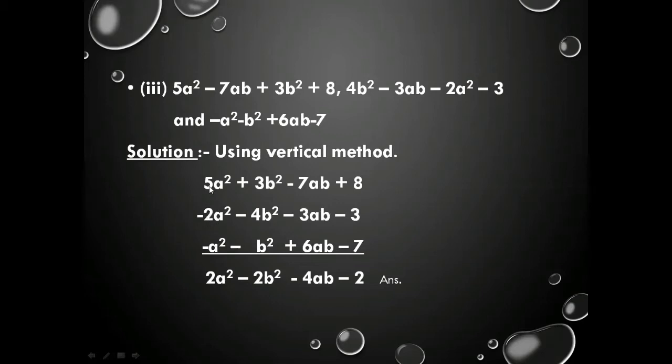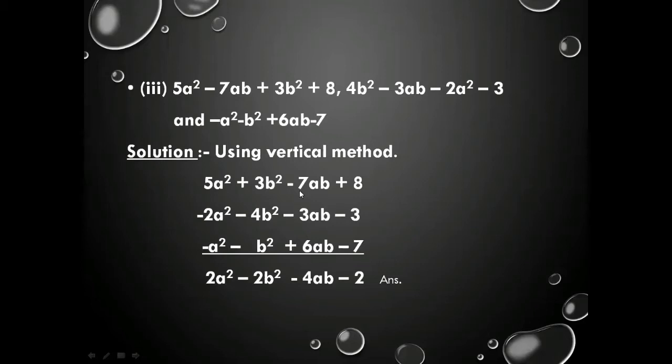Minus 3a square will be added into plus 5a square. According to the rule plus minus minus, 5 minus 3 answer is 2a square. From second column, we observe two minus signs are there. Minus 4b square minus b square. They will be added. Their answer is minus 5b square. Minus 5b square will be added into plus 3b square. So according to the rule plus minus minus, 5 minus 3 answer is minus 2b square. Keep in mind, in the answer we will write the sign of the term which is greater.